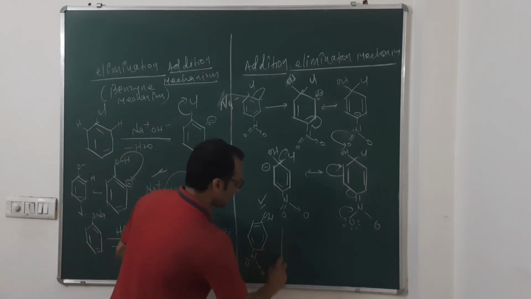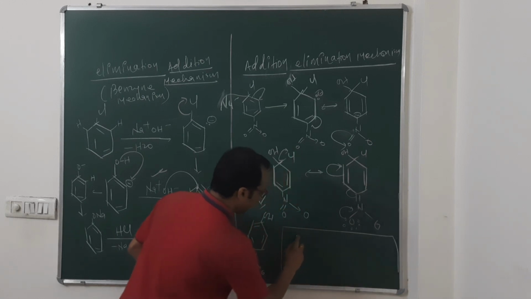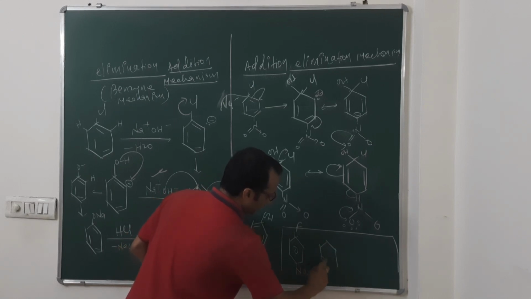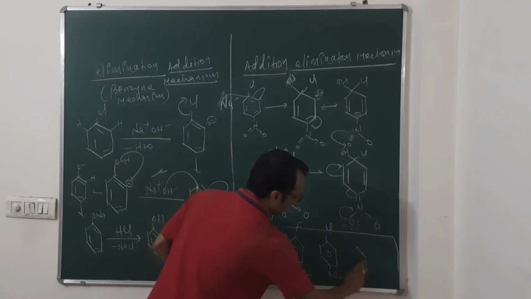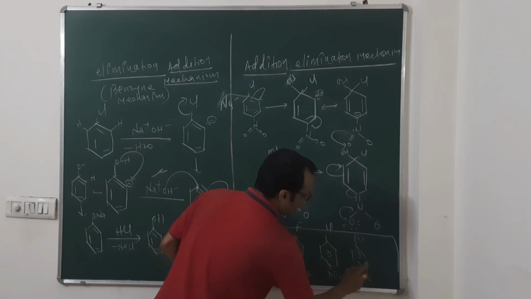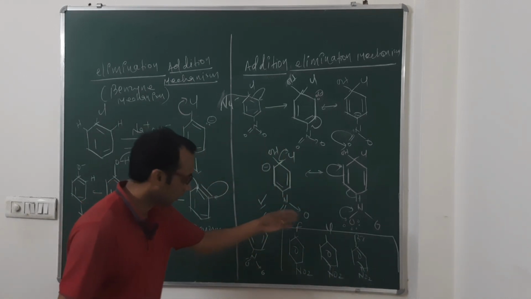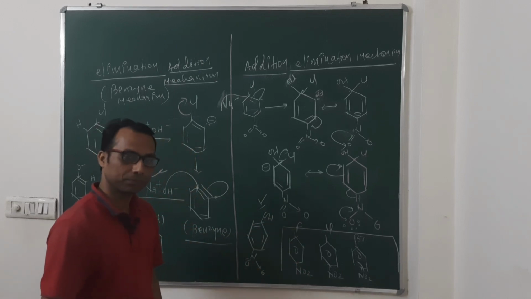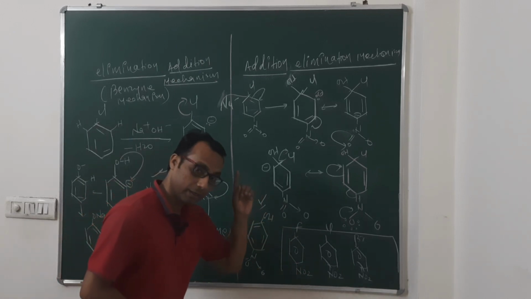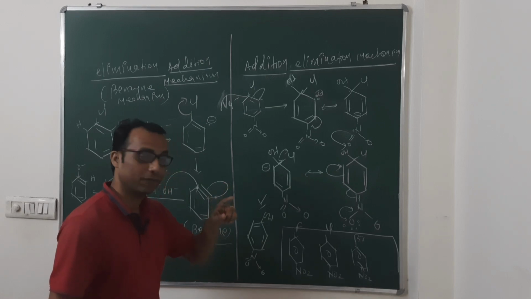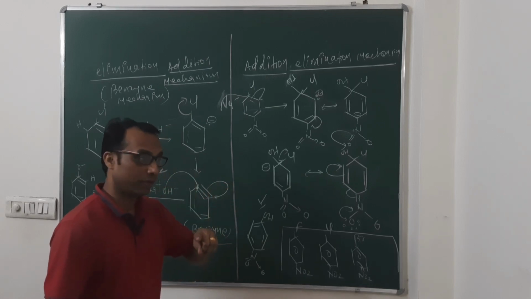I write here this compound with fluorine and NO2, and then here chlorine with NO2, and here bromine with NO2, correct? So what do you think, fluorine, chlorine and bromine, which will react faster? This compound will react faster. Done. But at the same time, if I ask you about methyl fluoride, the methyl fluoride will react very weakly